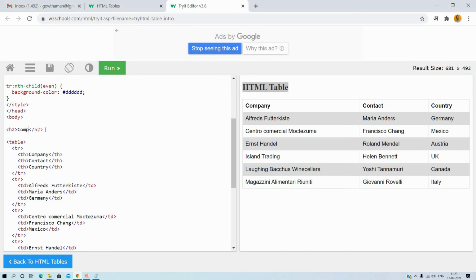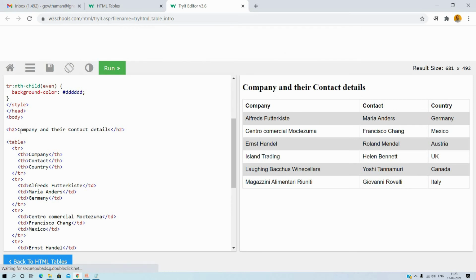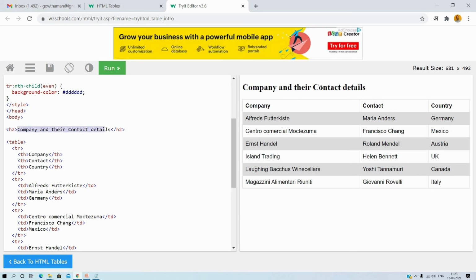I changed it to company and their contact details. Then I am running that, and the title is reflected on the right-hand side. You can see the company also; these are the headers, company and contact.